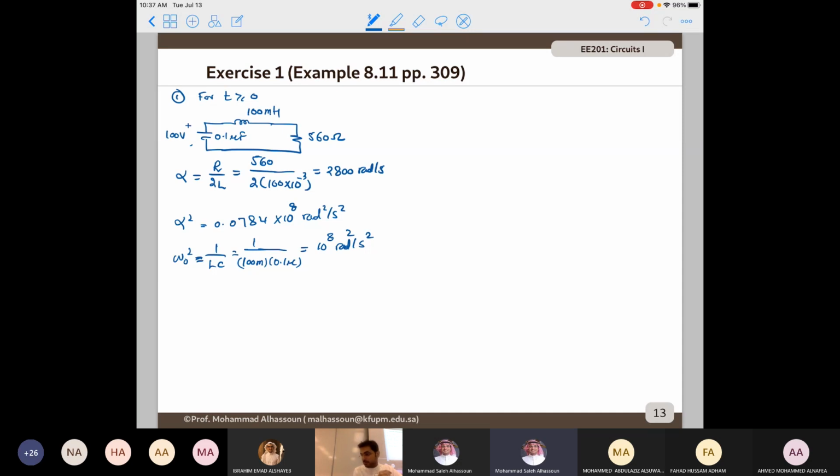Salman? It is underdamped. It's clearly underdamped. Yes. So the solution is of the following form: i of t,